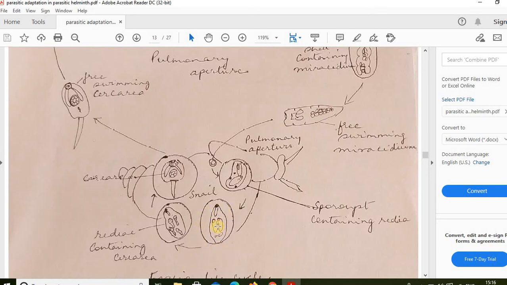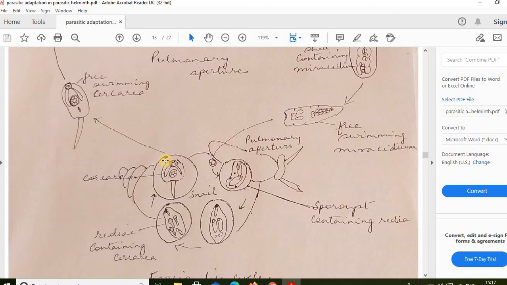this process, the redia and cercaria develop inside the redia, okay, develop inside the body of the sporocyst, and this redia will later form, each of these redia inside the sporocyst will develop into a cercaria. So this cercaria stage, it looked like a small or miniature fasciola where it has got the mouth, then the oral sucker, then the digestive diverticula, has got an acetabulum, has got a tail for movement and to find its way out of the body of the snail. So that is the adaptation, to adapt itself to move out of the host to find a way